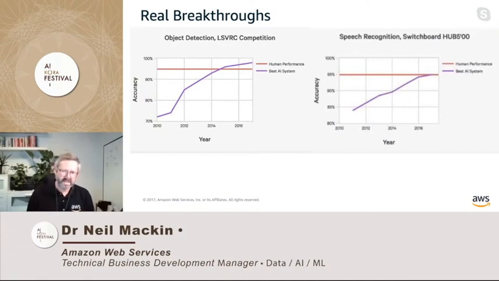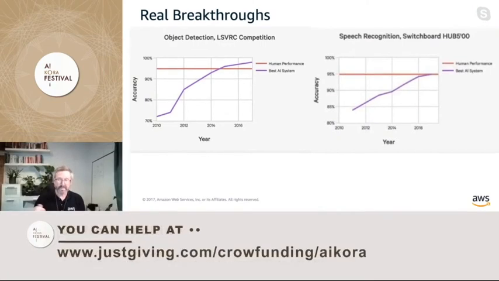Speech recognition algorithms have now matched and are probably about to break through human performance. Isn't it interesting the human line is not getting any higher? We're not getting better. As the years go by, our generations go on, humans' performance at these tasks won't really improve, but the computers will. They will get better and they will improve as the years go by in many different areas.